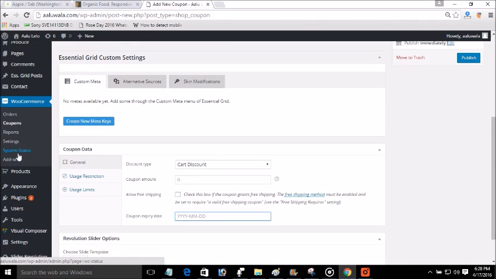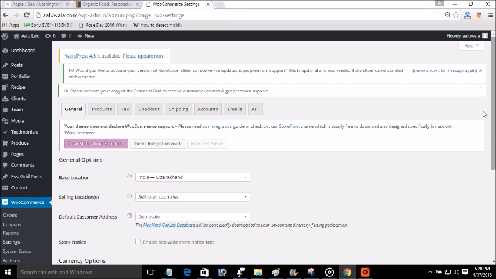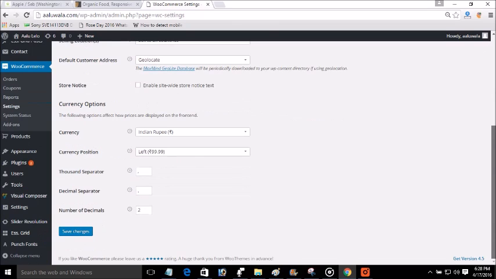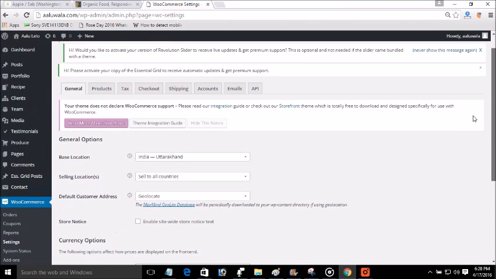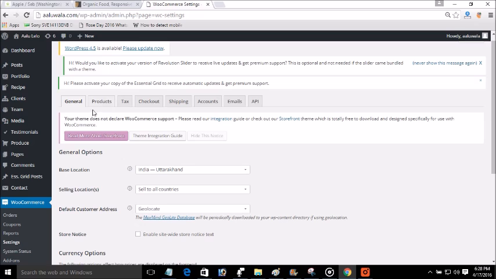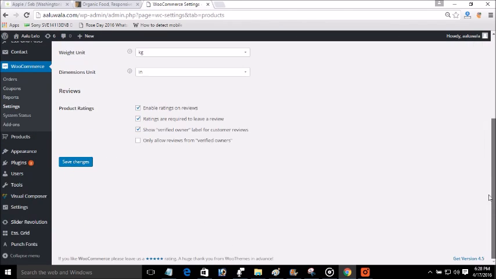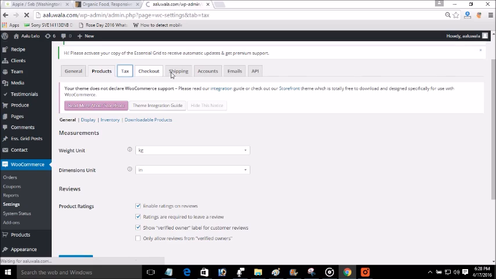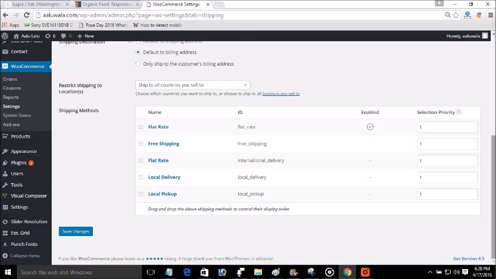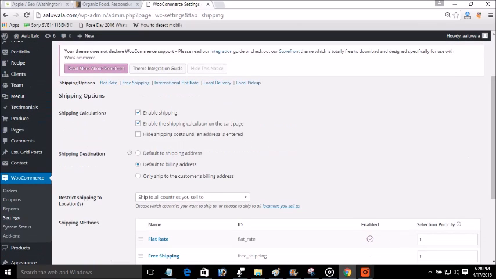After this, let's come to the settings. This is the basic setting. Fill this form before publishing your store. I want to use the Indian currency, so I have chosen the currency, and where I want to deliver my products, whether it is worldwide or small. I'm targeting a small city, and the units as well, and the tax, checkout, shipping, whether it will be free or paid. All those things you need to feed here just once.